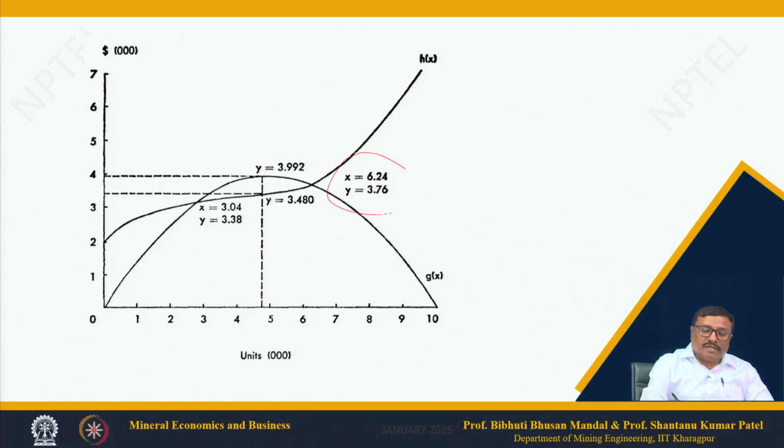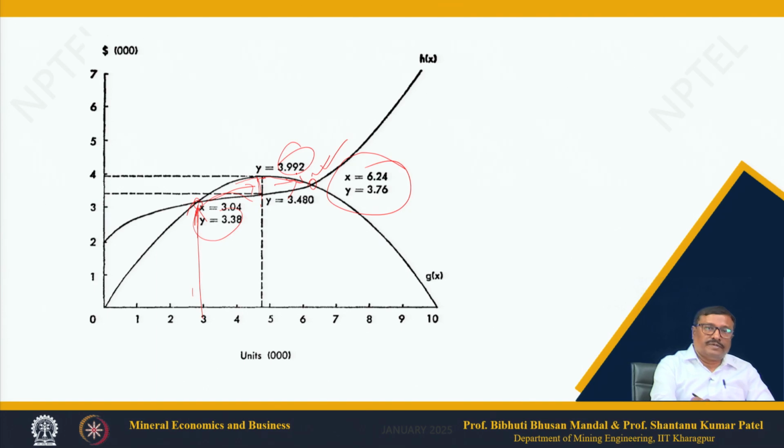Do not go by these numbers here, because this is only for illustration, and to remind you once again, which we have seen during the theoretical discussion, here the cost and revenue functions are intersecting at two different points. That means this is the lower part. Naturally, we will consider this as a break even point, which is the lower one. As you can see, when we are transiting from one break even point to another break even point, the curve is swelling. At a particular point, the slope is changing towards the lower side, negative.